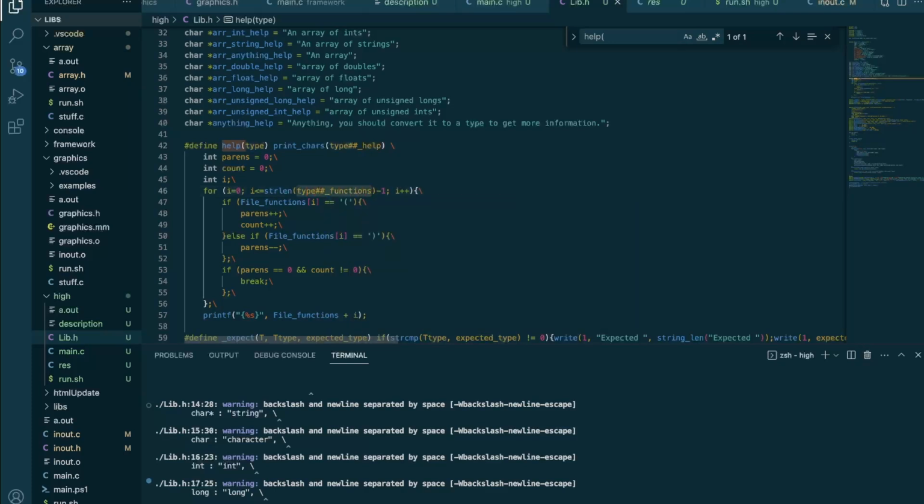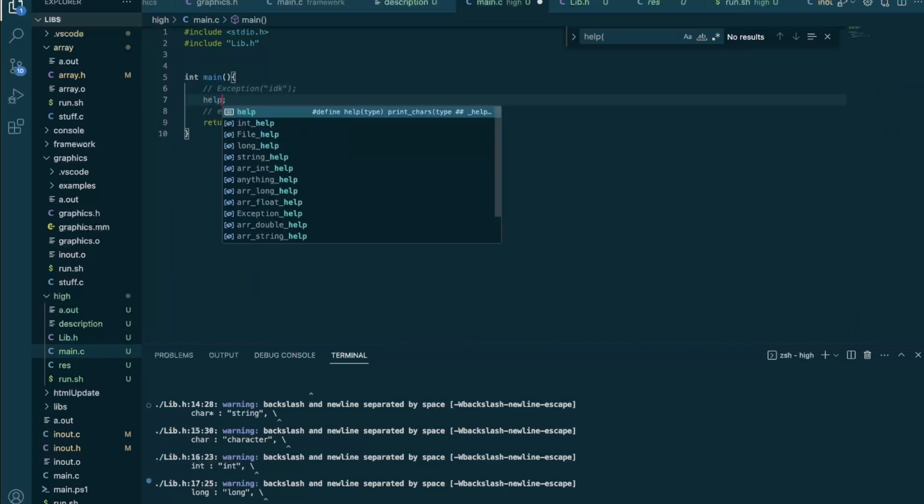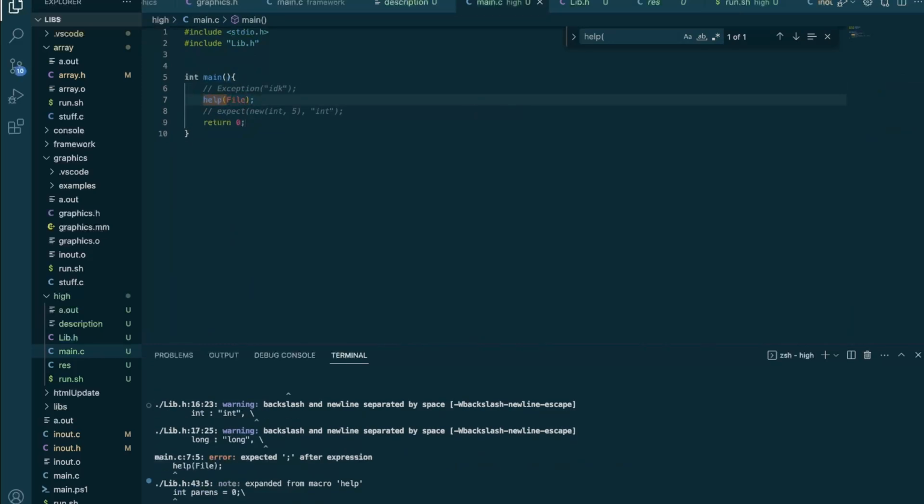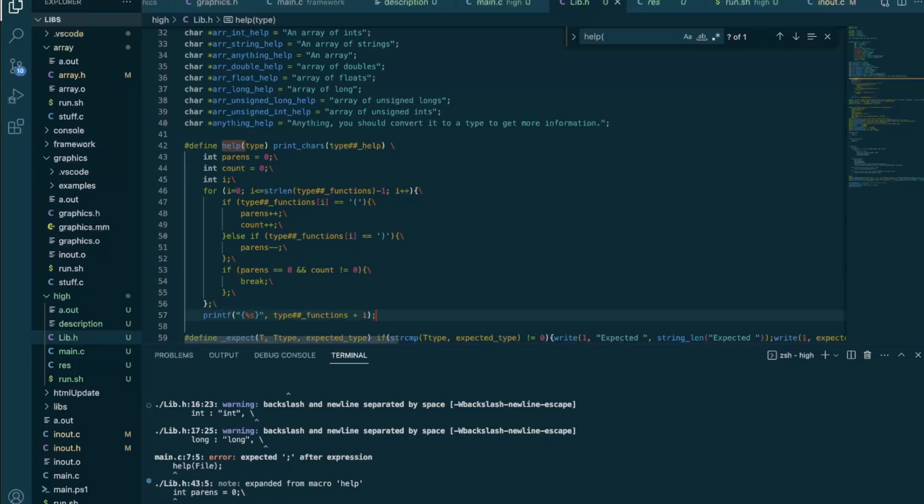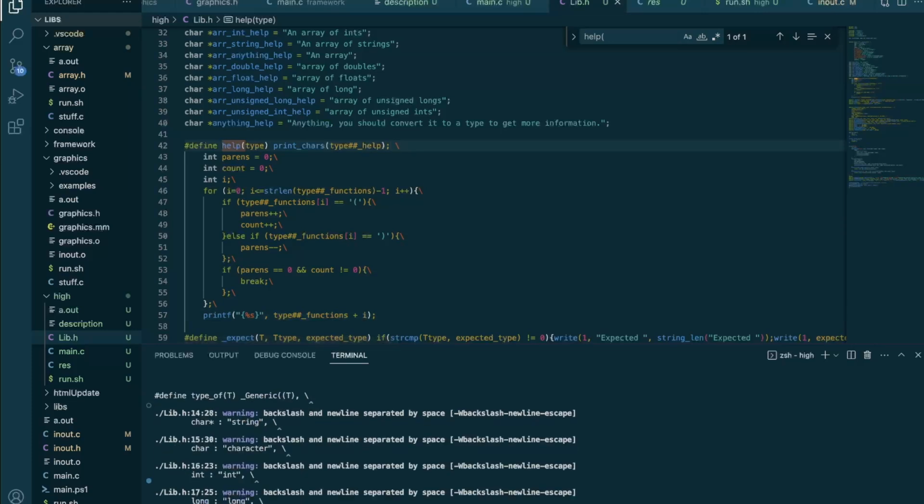Help me. What am I doing? So now if we need to get help on the file, rather than getting help, we get a hideous list. Let's just do the print, and then we will